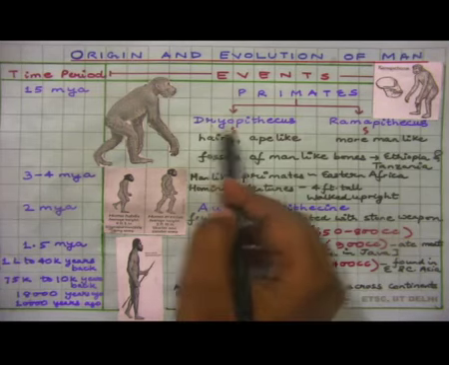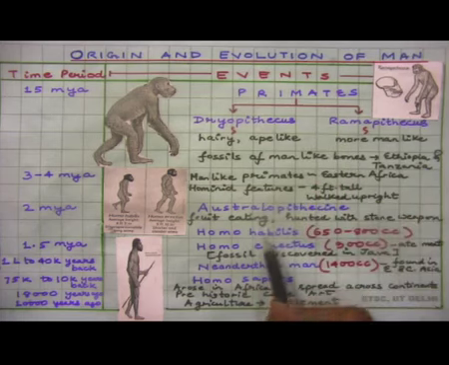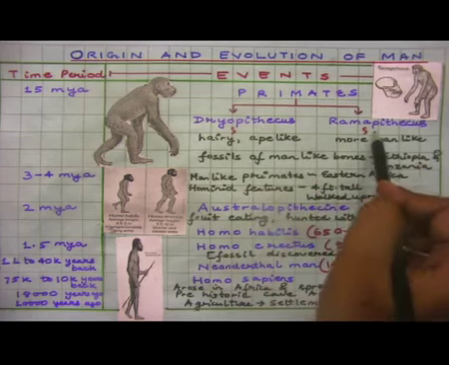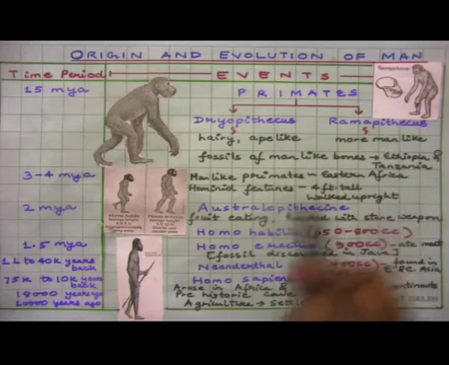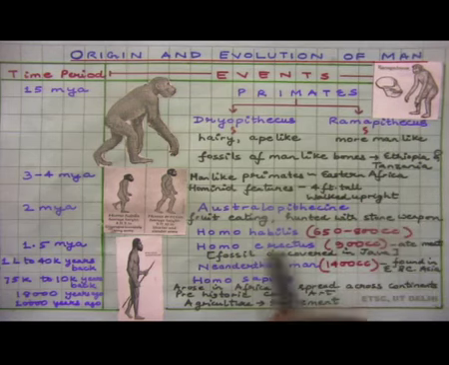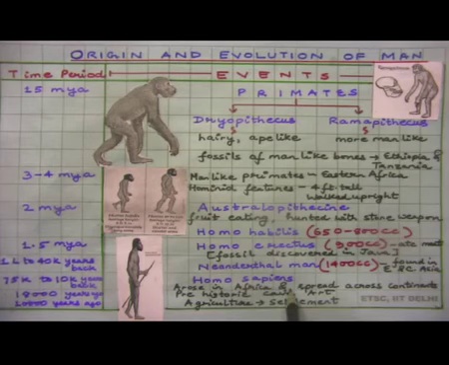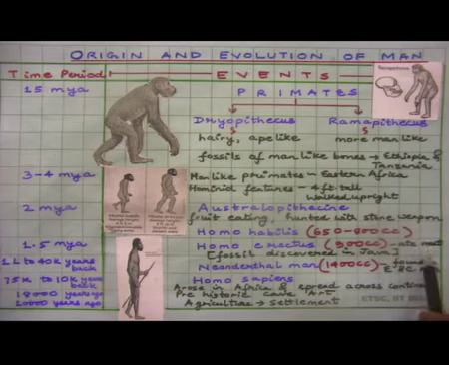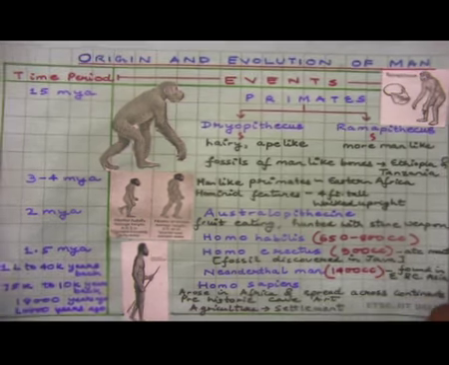The important things have been written in violet color. You have to remember their names: Dryopithecus, Ramapithecus more man-like, then Australopithecine, Homo habilis, Homo erectus, Neanderthal man, Homo sapiens. This sequence is enough. Along with certain features, you have to mention their brain capacity and their dietary preference and all. So, now we have covered all the topics of our